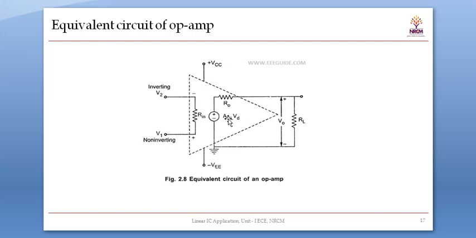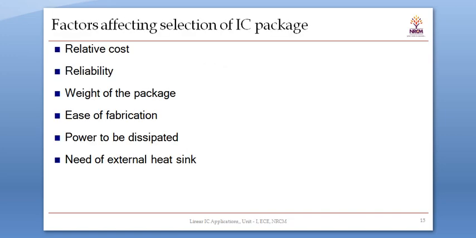So AOL, the open loop voltage gain, is multiplied with the difference voltage, and this acts as a voltage source, and R0 is the output resistance. Ideally the output resistance is 0, and practically the output resistance is 75 ohm. So you are attaching the power supply VCC and minus VEE. The supply voltage range for VCC and VEE is 15 volt and minus 15 volt. So this is the equivalent circuit of the op amp, and if you go for the factors affecting the selection of